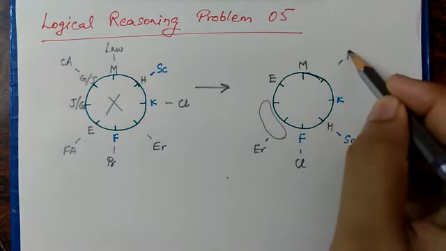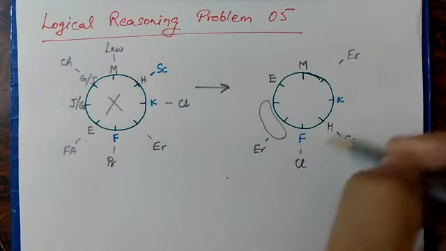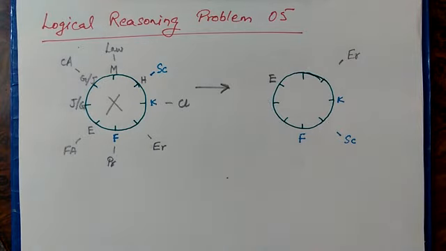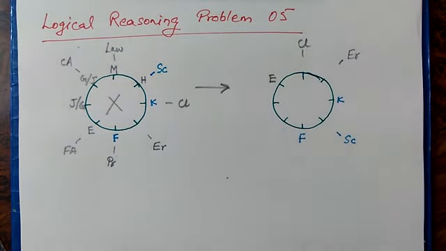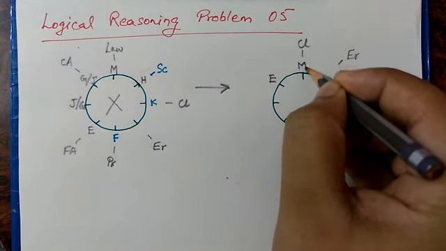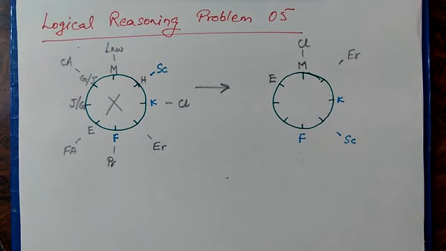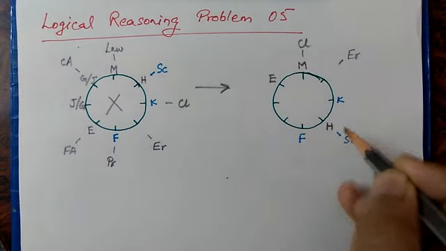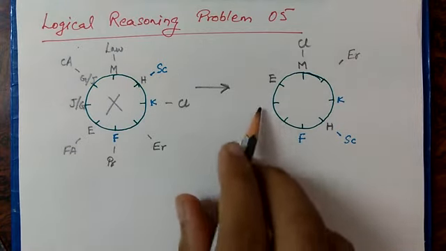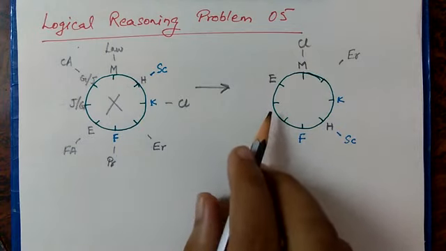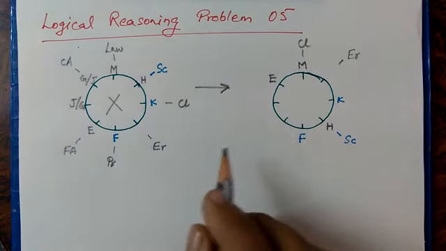Let's do it and redraw the whole diagram. So let's come back to our 5th condition, that the columnist is to the immediate right of the engineer. So immediate right of the engineer is this, so this is the columnist. M is second to the right of K. Once again, this is M. H is the scientist. The next condition is G and J are immediate neighbors to each other. So these are the 2 slots which are immediate neighbors to each other. So let's keep these slots blank and let's move on.